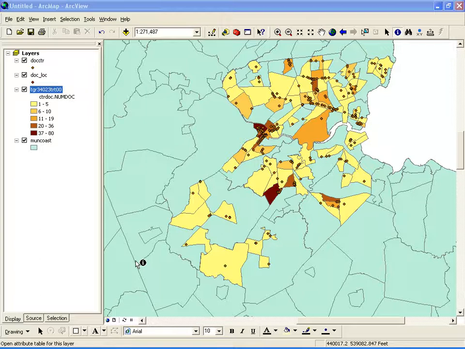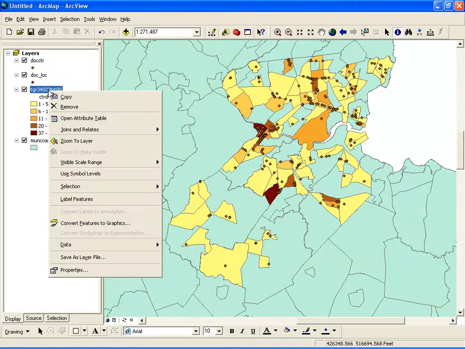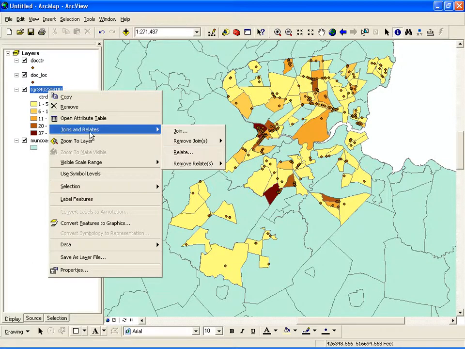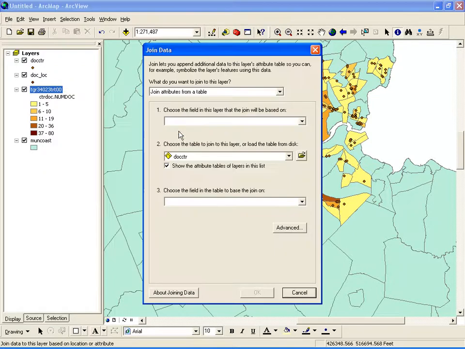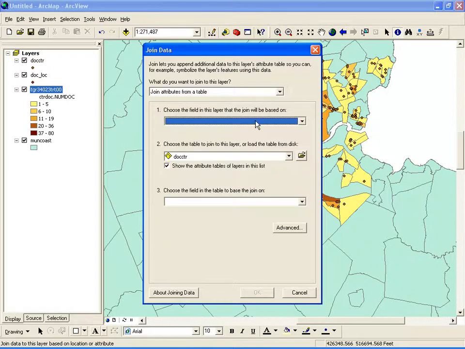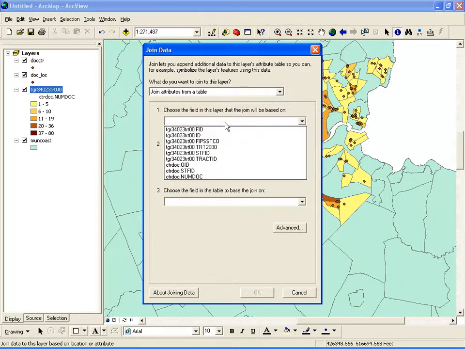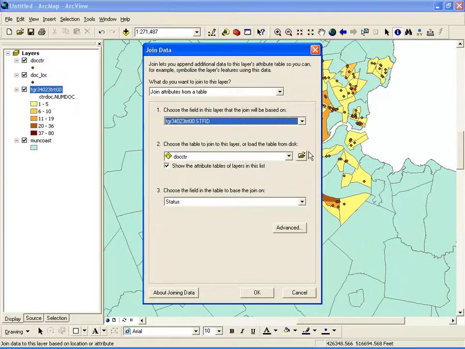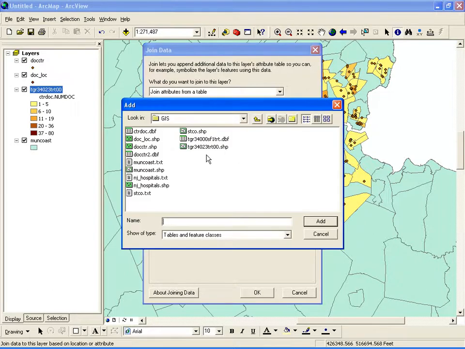What you can do is right-click the layer, Joins and Relates, and then Join. This time it is the data that I downloaded. Choose a field in this layer, which will be STFID again. Choose the table to join to this layer. In this case it is the data that I downloaded from geographicnetwork.com, which is the census tract 2000 SF1 data,